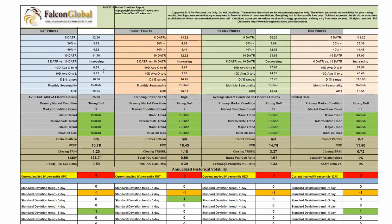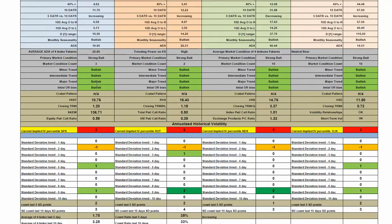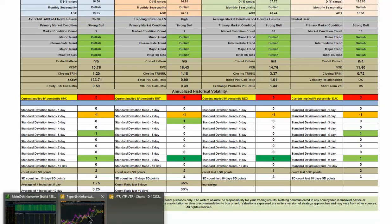In terms of current volatility conditions, short-term VIX is at a 10.76, skew a bit more elevated this time at a 136.71, so that's definitely in the warning area. IV percentiles continue their streak of extremely low levels, coming in on the S&P at a 3, the Russell a 6, the NASDAQ a 5, and the Dow a 3. Standard deviation moves on the indices, there was none yesterday. In terms of the current charts, let's go ahead and go to...